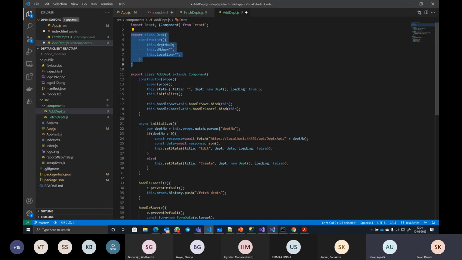It has got only the data members defined into it, department number, dname, location, all initialized to some default values. Then the actual component add department,